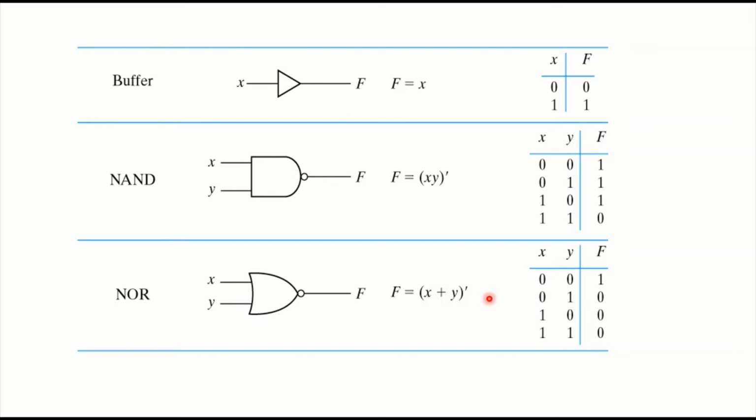The truth table for this NOR gate will be just the reverse of the OR gate. For the OR gate, if any one of the inputs is 1, we will get output as 1. Now for this case, if the inputs are 0 0, we will get 1 at the output. For the rest of the cases, we will get 0 at the output. You can see from here, for 0 1 we are getting 0, for 1 0 we are getting 0, for 1 1 we are getting 0, and for 0 0 we are getting 1.